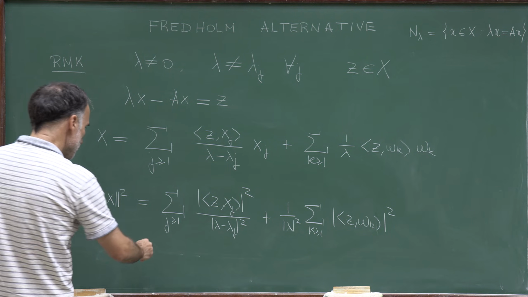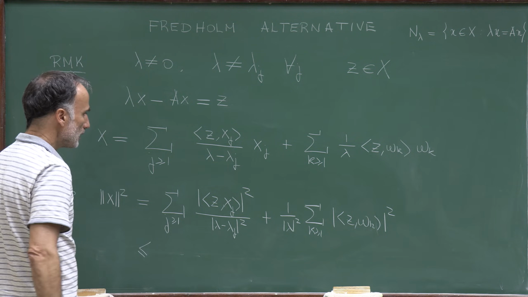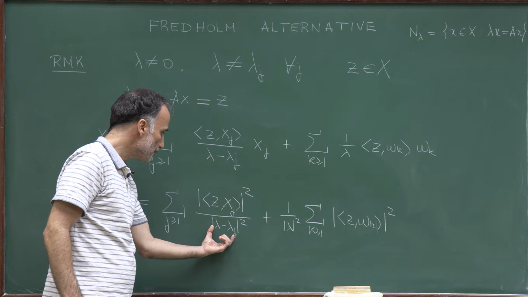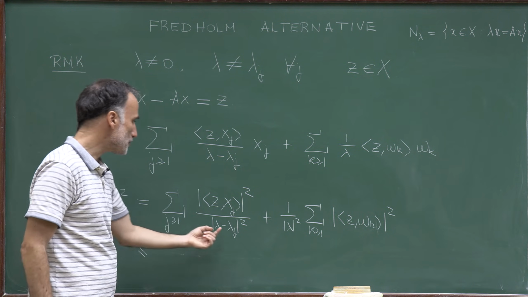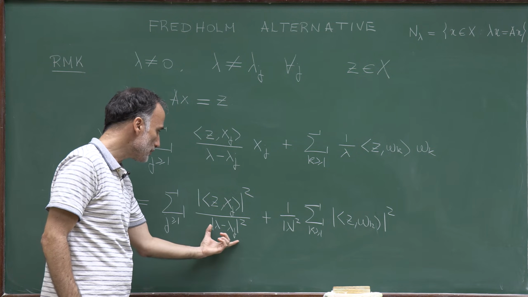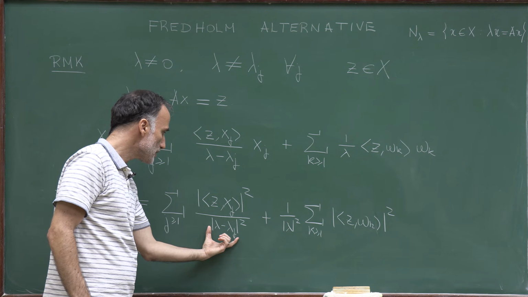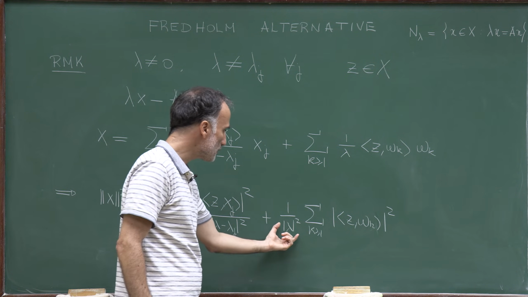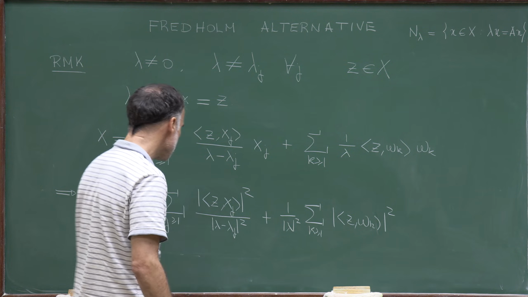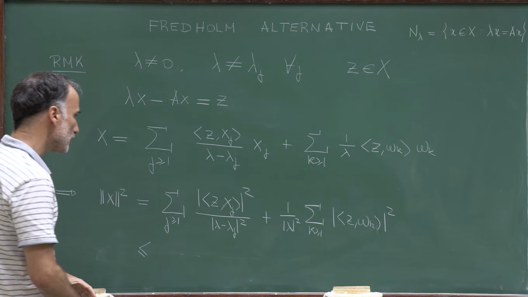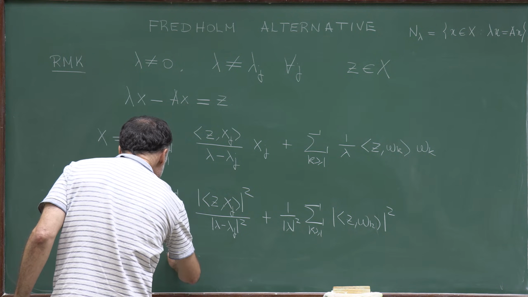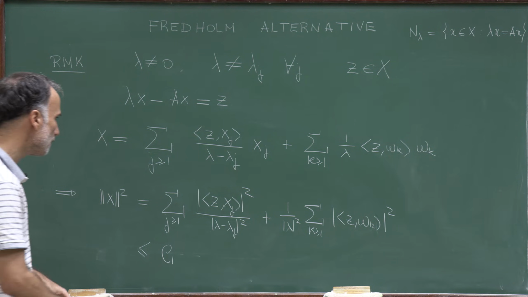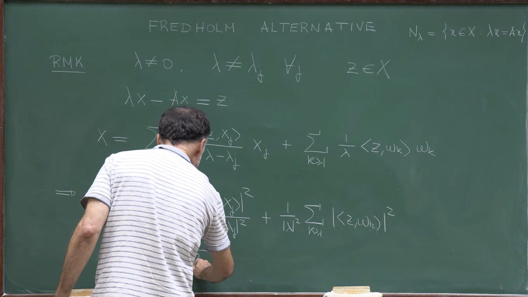And I claimed that, since lambda is different from lambda j and the lambda j's are converging to 0, 1 over this expression is bounded by a finite constant, and since lambda is different from 0, this is bounded also by a finite constant. So by taking the maximum of these constants, I can bound this expression by C1 times